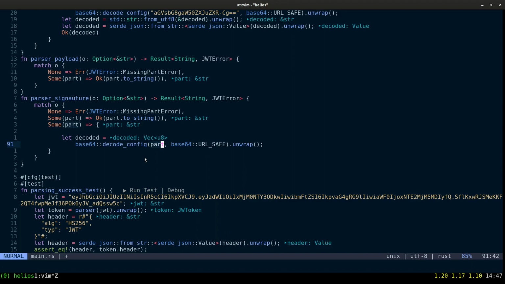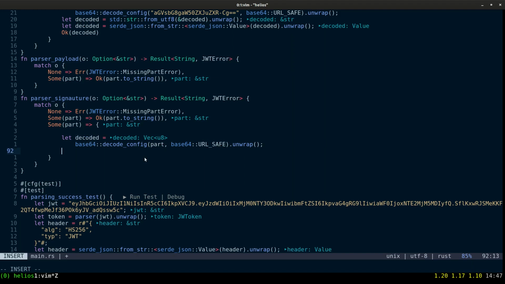Okay, this is the thing that got decoded. This is the decoded value, and then we're just unwrapping it. We're not doing any error handling,